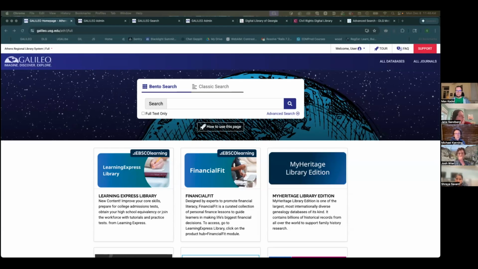We work at UGA, but a lot of our projects are statewide, so they're under the umbrella of the University System of Georgia. I'm presenting our Galileo site, which is celebrating its 30th anniversary this year. Galileo gives access to online resources to residents of Georgia, at a bare minimum anyone with a library card, to subscription-based services that they wouldn't have access to